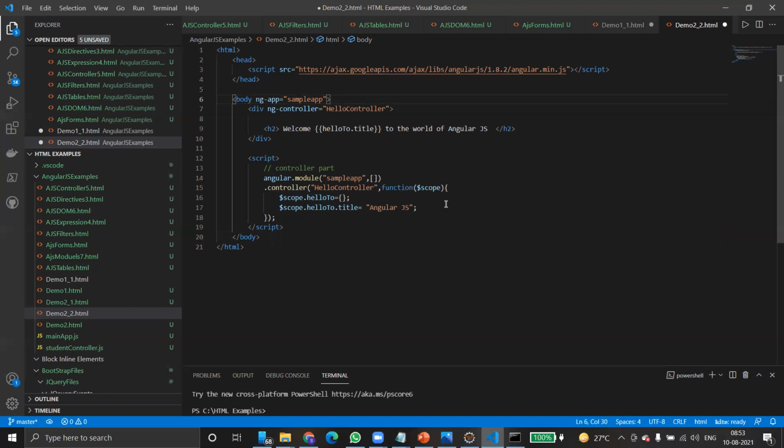So this is what happens in the backend. First, the HTML document is loaded into the browser, and the browser checks the integrity and rules of the HTML code. Syntactically there's no error, so it simply executes. Then the AngularJS JavaScript file is loaded. This file gets loaded, and the Angular global object is created. After that, the JavaScript which registers the controller function is executed. This is the controller function that should be executed.